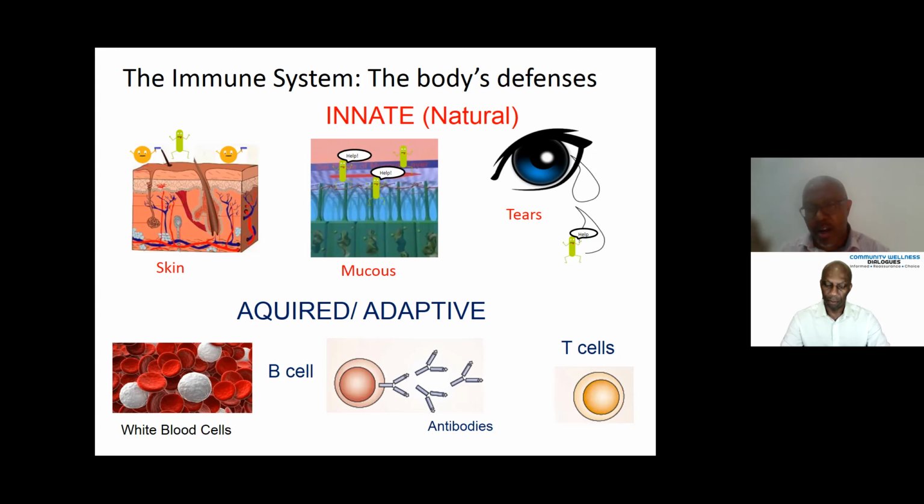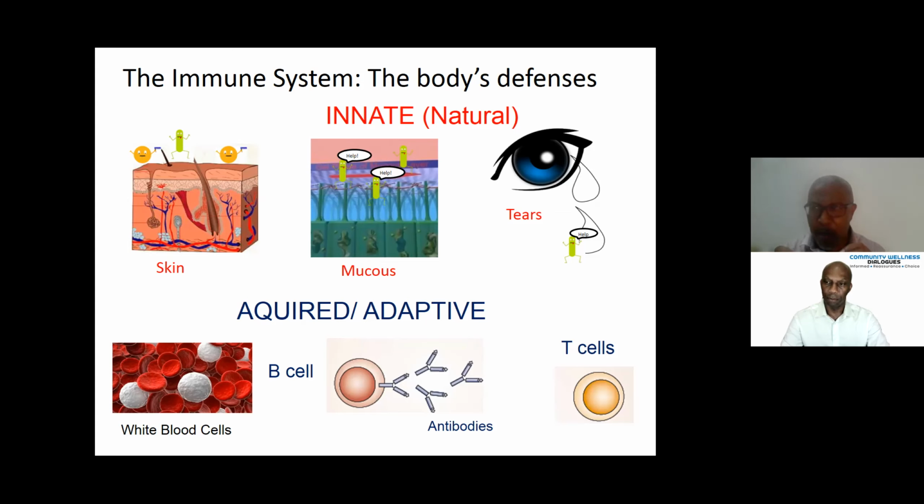And so only higher organisms have what we call this adaptive immune system. The molecules involved in this adaptive immune system, which people have heard of, are antibodies. These are soluble proteins that really are important in terms of providing protection. Another important cell that's part of the adaptive immune system are our T cells. So these two cells, the B cells and T cells, are really important in our adaptive immunity, and they're very, very